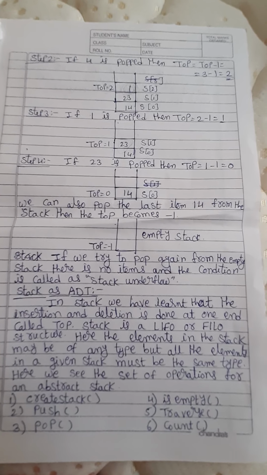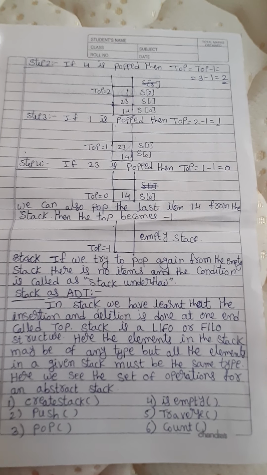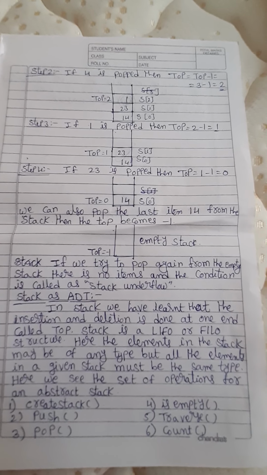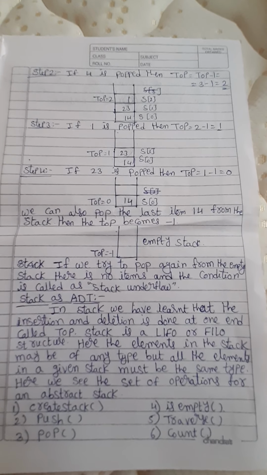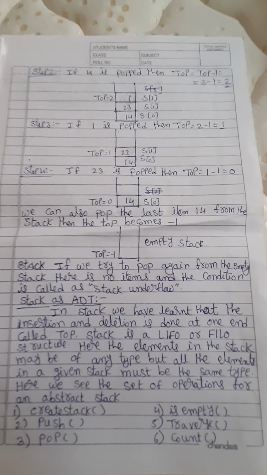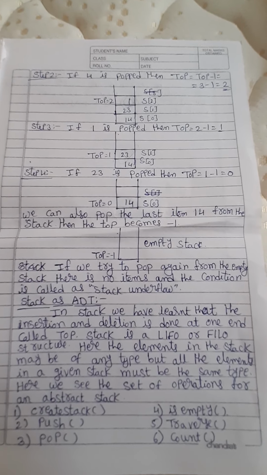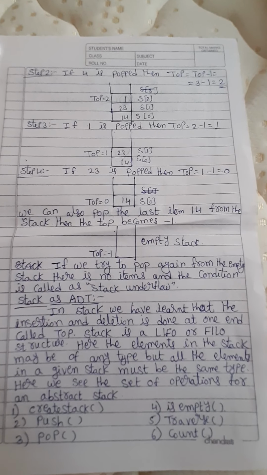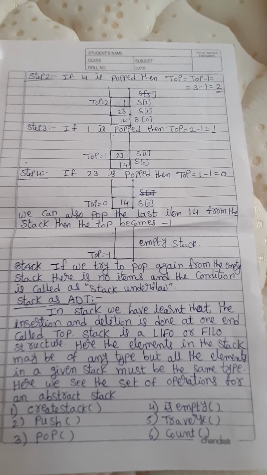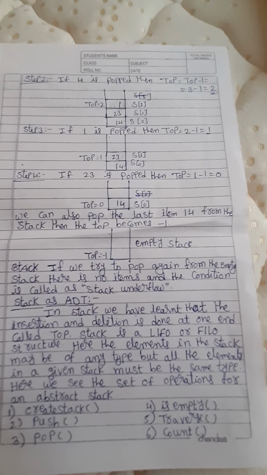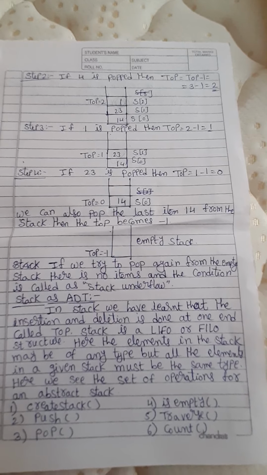Like this, it may be of any type, we can define any data type, but all the elements that we have entered into the stack must be of the same data type only, what we have defined. That is called as the abstract data type in the stack. And here we have seen that it follows LIFO or FIFO method, LIFO or FILO method. What is this LIFO or FILO method means?